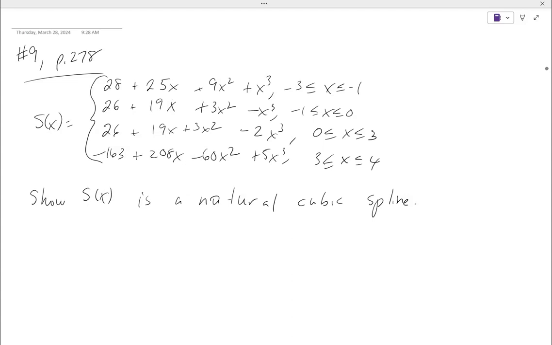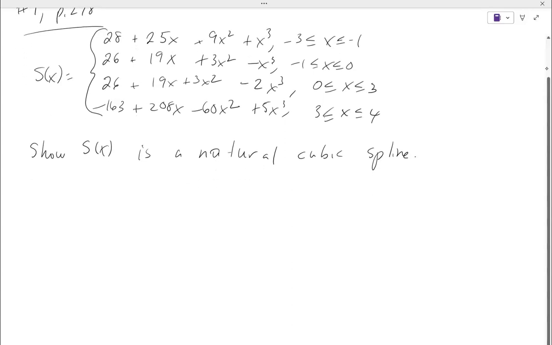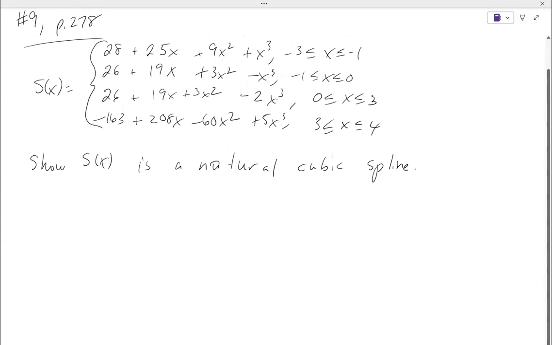Remember, again, we call all the points that we have knots. When we're talking about splines, we refer to them as knots. So we want to make sure that those conditions on the interior knots are met, right? So for all of your interior knots, which in this case we've got 3 of them, we got -1, 0, and 3, right? So we need to make sure that the limit as x approaches -1 from the left of your function is the same as